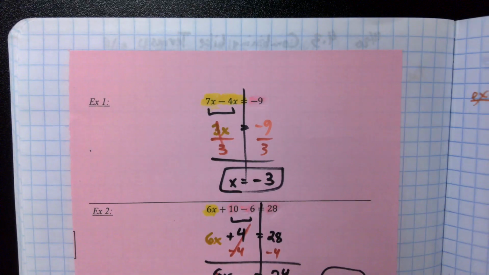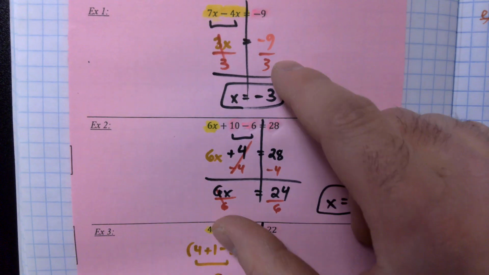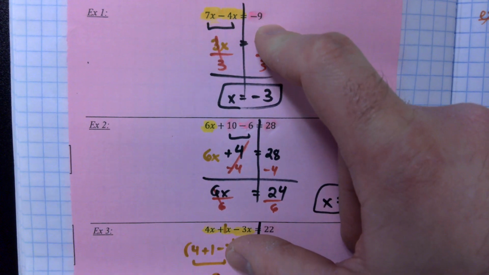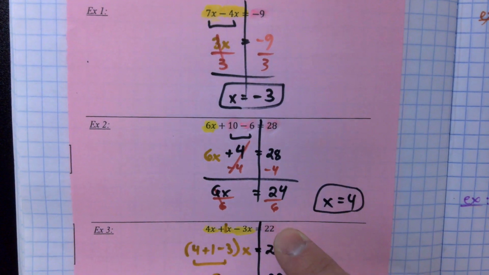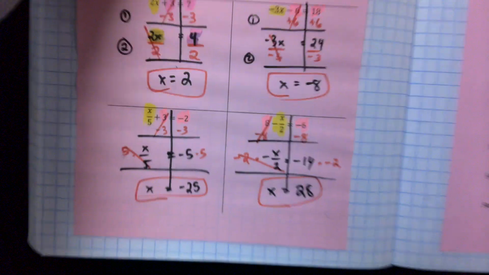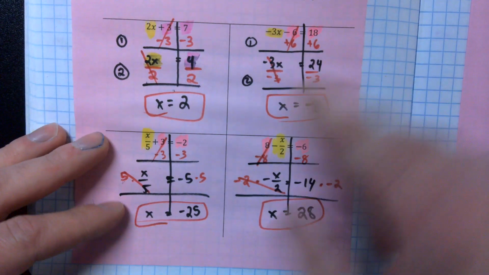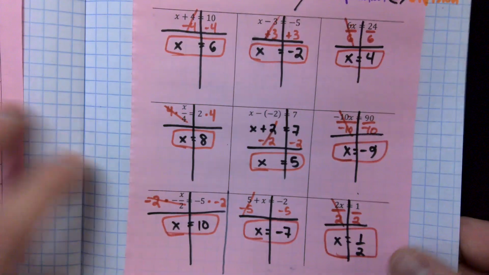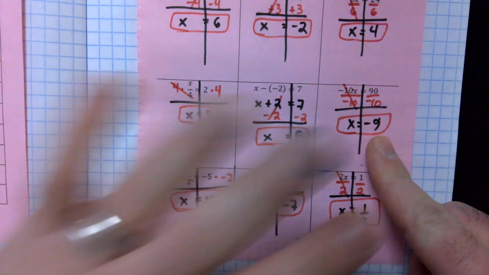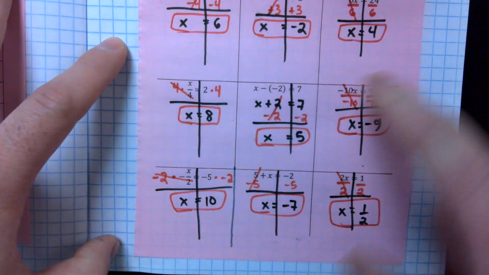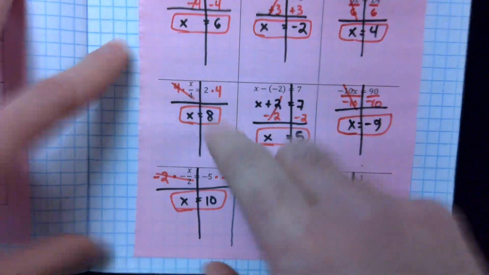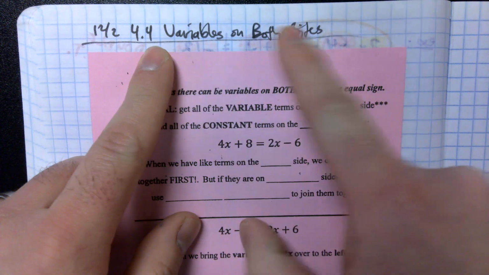From all the equations that we've seen so far, if you'll notice, the right-hand side is always just a number. -9, 28, 22. Over here, we've got -6, 7, 18, -2, right? Every equation we've looked at in our pink unit so far, the right side has just been a number. Now we're going to make things a little bit more complicated on the right-hand side by putting variables on both